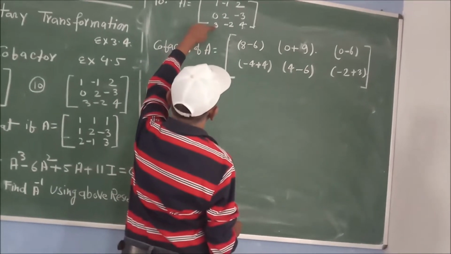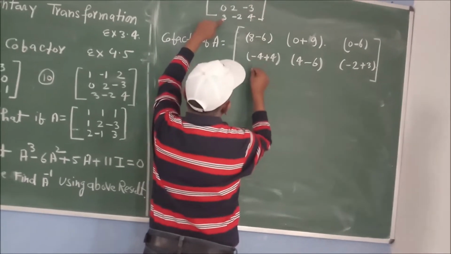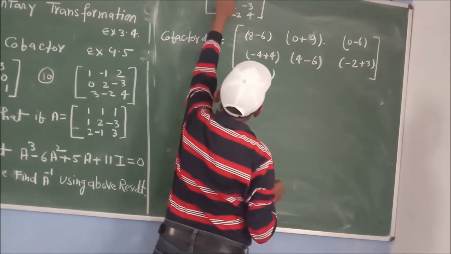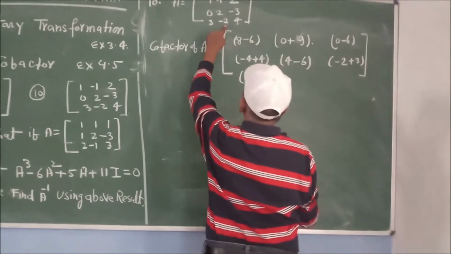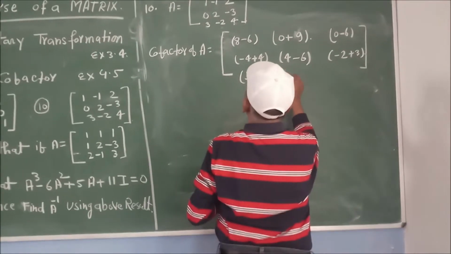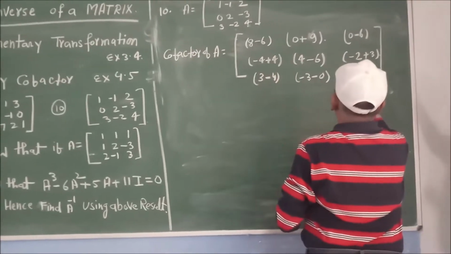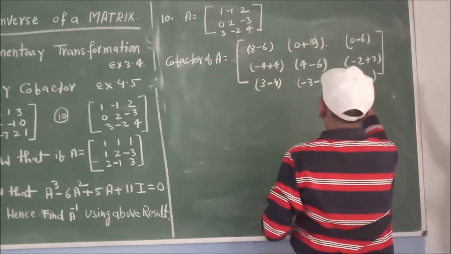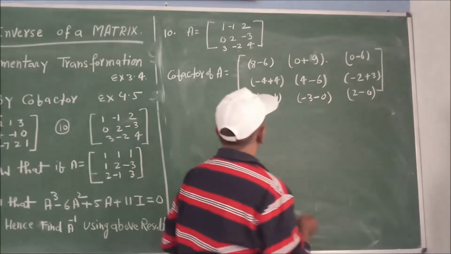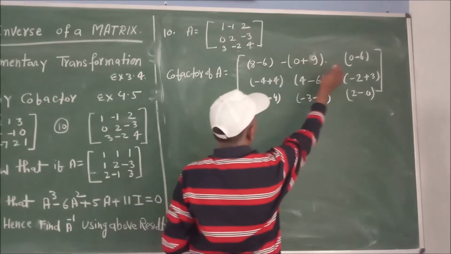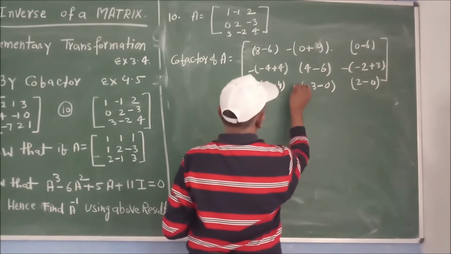And after that, calculate cofactor of 3. So cancel this and this, you will get minus 1, 2, 2, minus 3. So this will be equal to minus 1 into 3, 3, and 2 into 2, minus 4. And for minus 2, you can write 3 into minus 1, minus 3, minus 0. And for 4, this will be equal to 2 into 1, 2, minus 0. And write this sign. So here will be plus, minus, plus, minus, plus, minus, plus, minus.